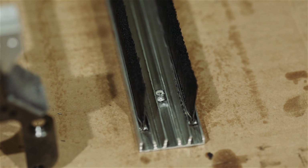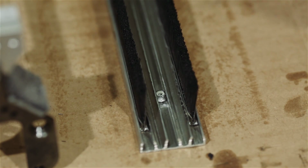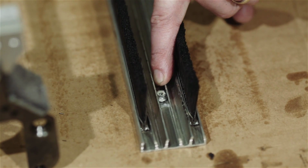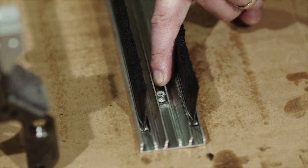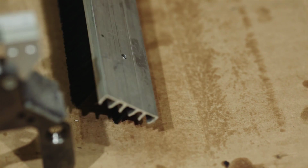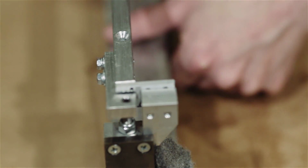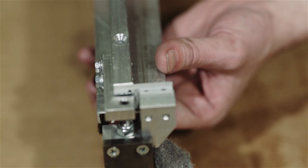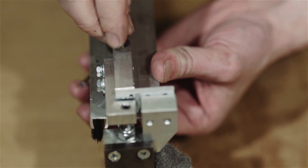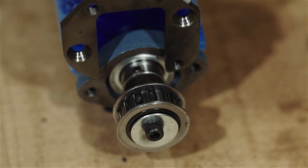The first thing you'll want to do is locate the hardware from your kit that came with your transfer brush. You'll want to install the new nuts inside the track for the transfer brush. Once complete, we can turn the transfer brush over, line it up with the frame, and start to install our screws to hold it in place. We can now place the transfer brush assembly